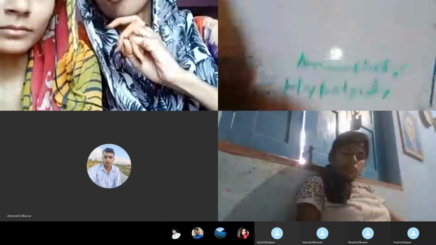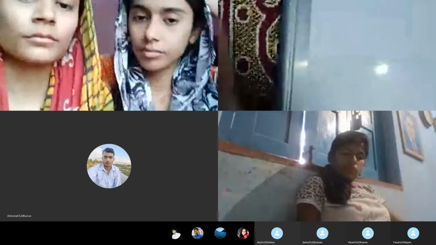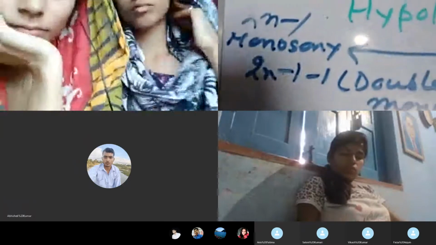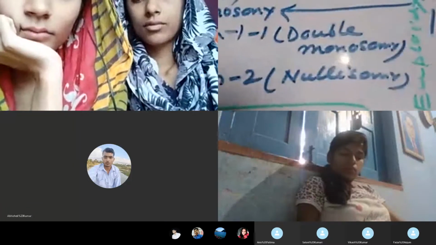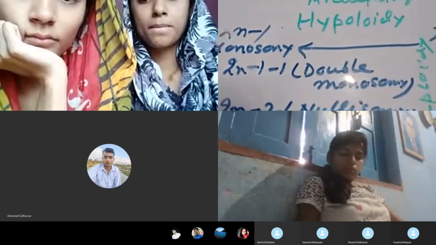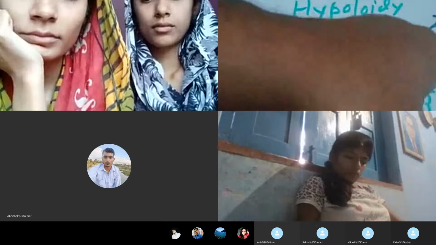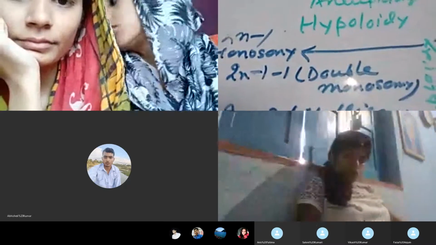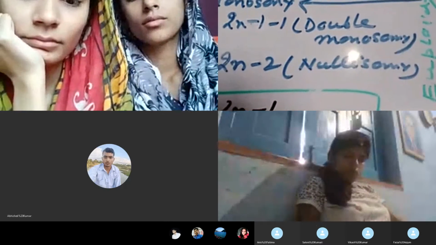Look at the hypoploidy. Aneuploidy, the hypoploidy, look here. 2n minus 1, 2n minus 1 minus 1, 2n minus 2. Let us first see 2n minus 1, which is the monosomy. First pair, second pair, third pair. There is loss of one chromosome from the first pair. And which chromosome has been lost here? What did I show with the red line? Female chromosome, maternal chromosome. One maternal chromosome has been lost here. So this is 2n minus 1, which is known as the monosomy. 2n minus 1 minus 1: from both the first pair and the second pair, the maternal chromosome is missing.